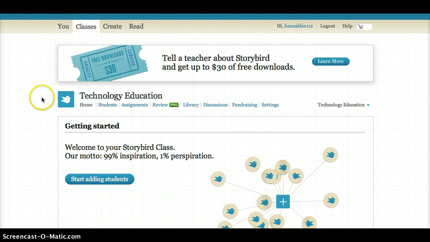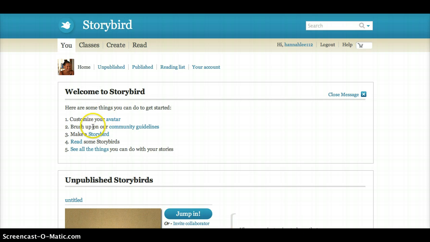Okay, so this is my home page, and through this I can go to my account. And under account settings, you can customize your avatar, which I have done right here. That's my new one. You can also change your privacy. Personally, I made mine private. You can also personalize all of your other settings,